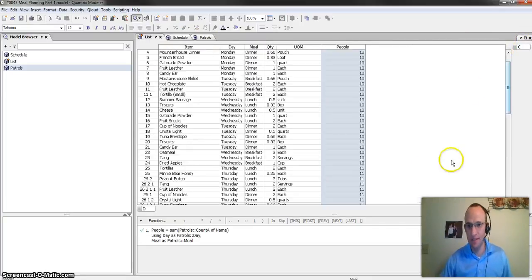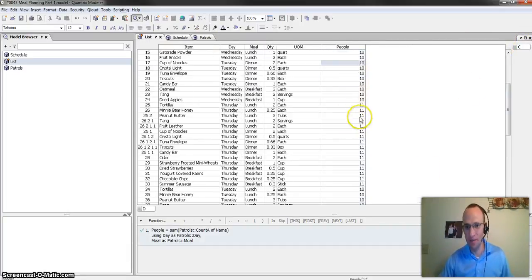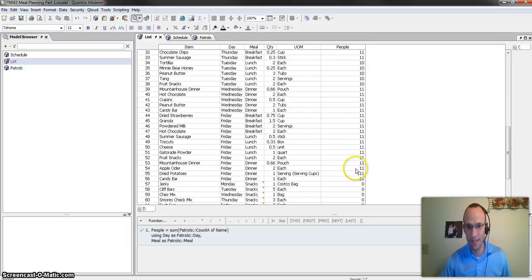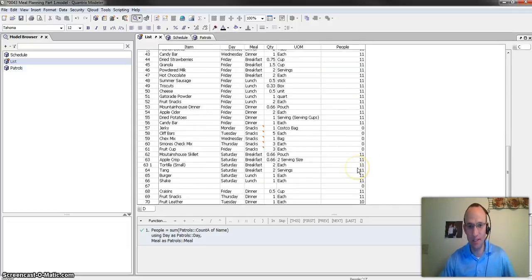Once I do that, I can see that I'm planning on feeding 10 people most of the time until about Thursday, then it kicks up to 11, okay? So that seems to be working just right for me.